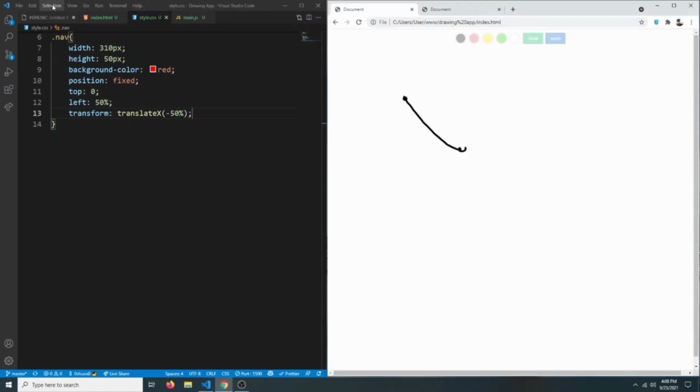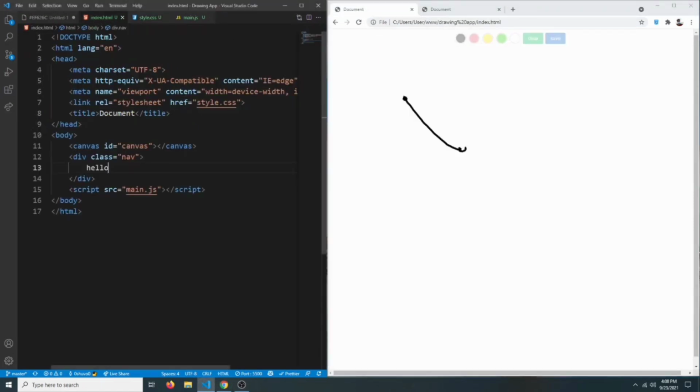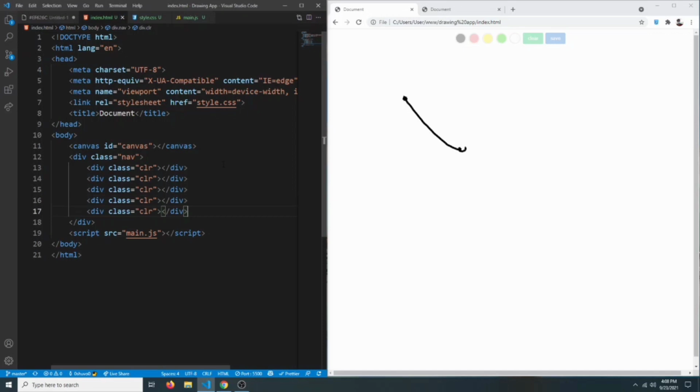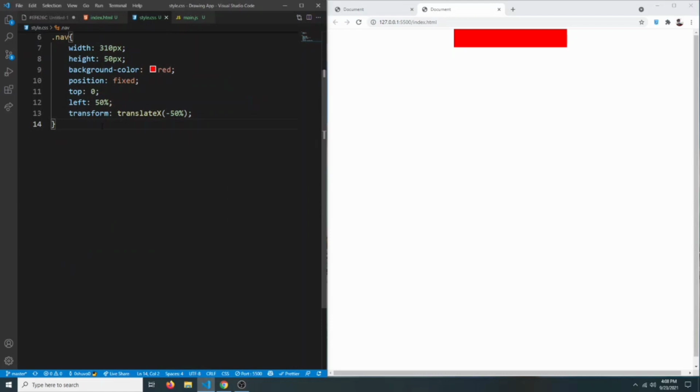So inside that we have these circles or balls, so let's create those. We're gonna create a div with a class of color. We're gonna call it color, and we're gonna have 1 2 3 4 5 of them. So let's copy it 4 more times. Now we can see them, so let's give them some style. So we can target color, so dot color,